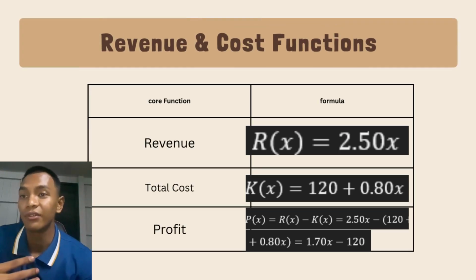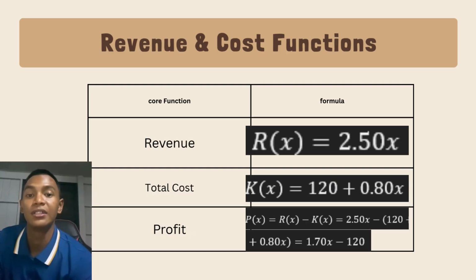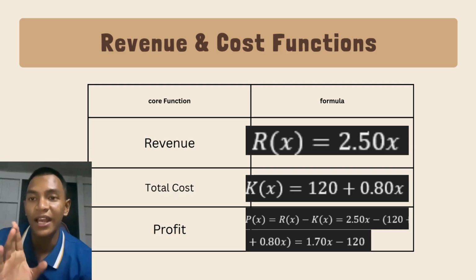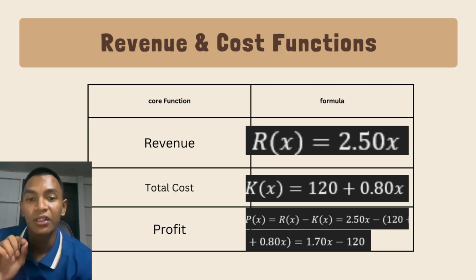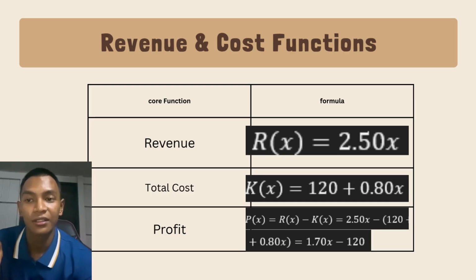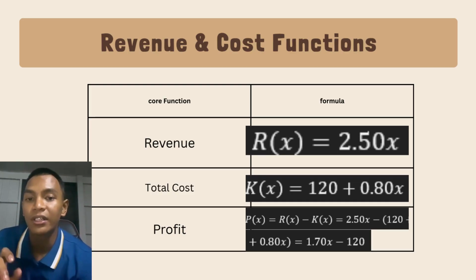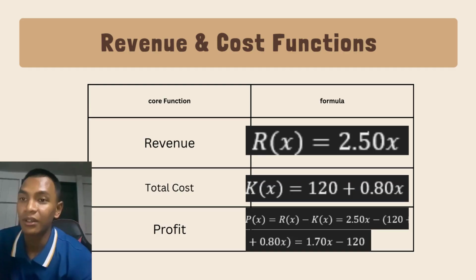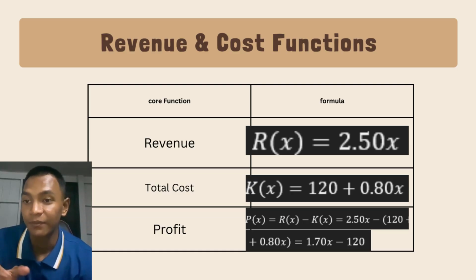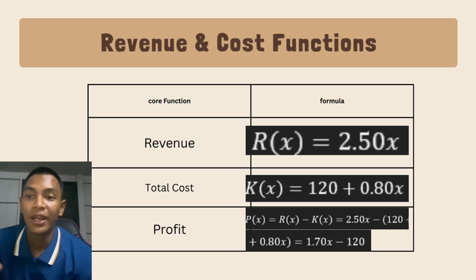This is the revenue and cost functions. I will state the functions and the formulas. First, revenue. The formula is R(x) equals 2.50x. And total cost, the formula is C(x) equals 120 plus 0.80x. And the total profit, the formula is P, which is profit, so R minus C,